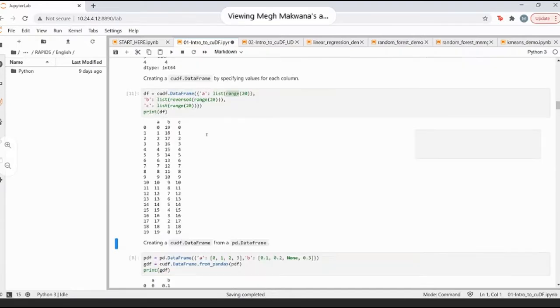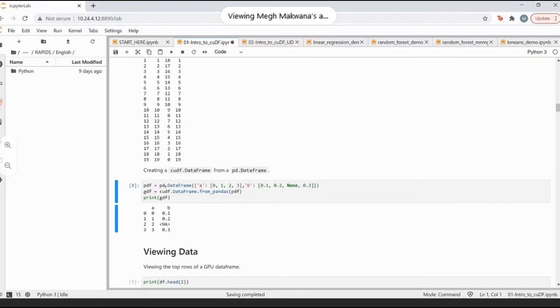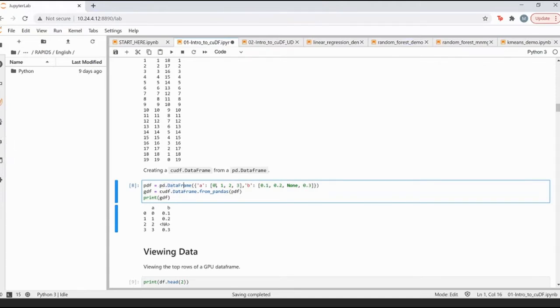Right. And as you can see here, for pandas, I've similarly created another data frame with column names A and B and some values inside of it. Now, if you want to move from pandas to cuDF, that means this is currently on the RAM, right?